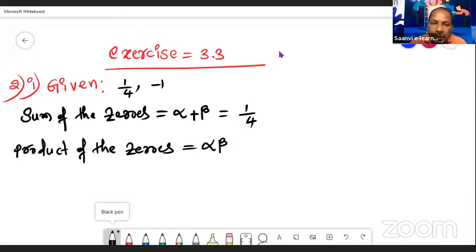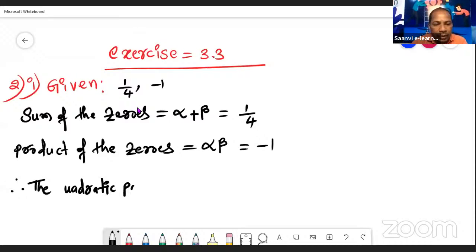We have already discussed this about the zeros. How much is given? Minus 1. So in the given two numbers 1 by 4 and minus 1, 1 by 4 is the sum of the zeros and minus 1 is the product of the zeros. Now what is asked here? The quadratic polynomial. We have to find the quadratic polynomial. Therefore, the quadratic polynomial is,